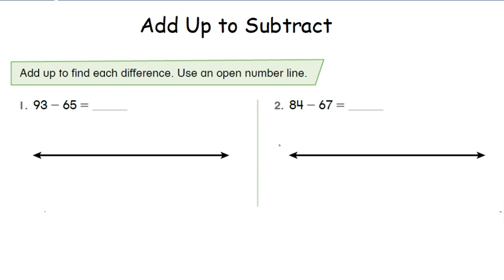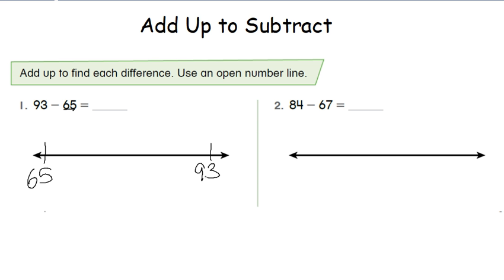For those of us who are still a little confused adding up to subtract using an open number line, I have a method that I would like to share. The method is we're going to start on the open number line with the subtrahend, the smallest number, and we're going to go to the minuend, the largest number, and we're going to use the entire space on this open